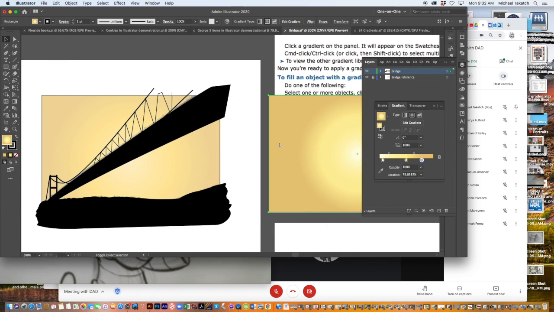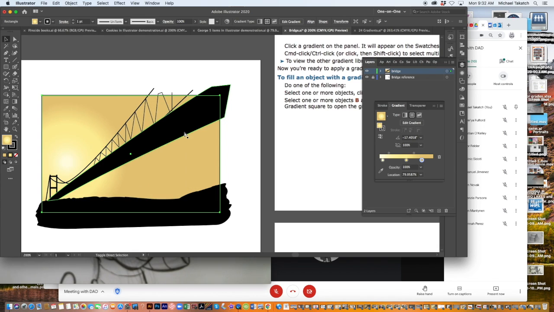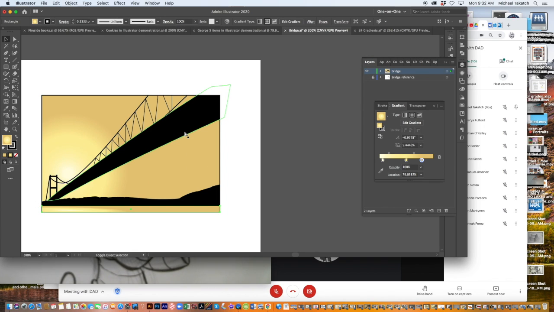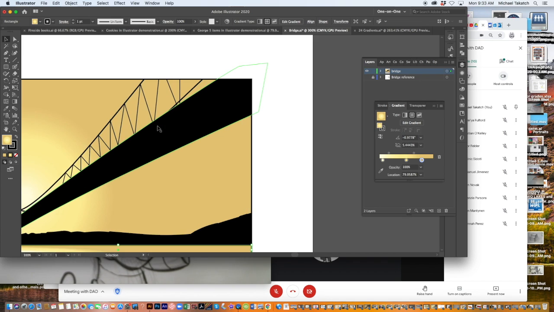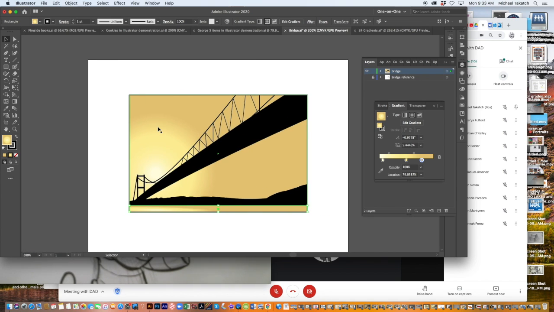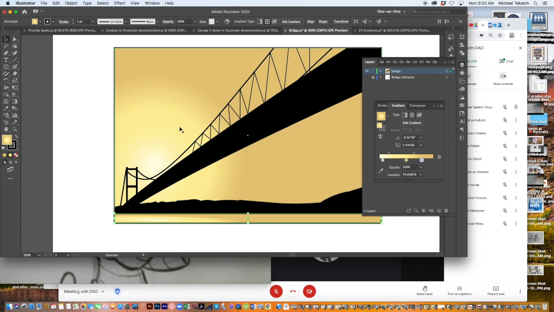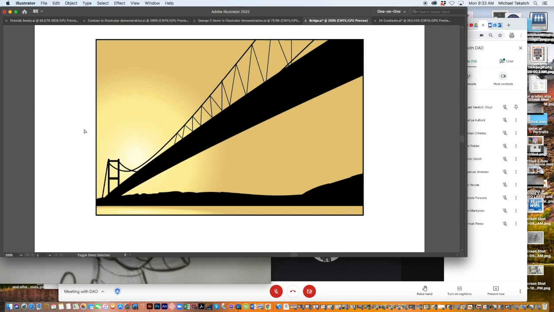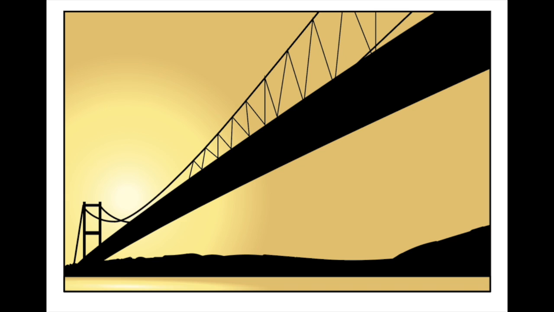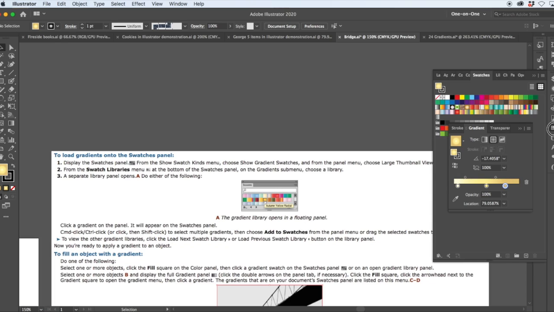scheme and changing it to a radial, placing it over the side, duplicating it, and letting it be an item that you can trap in all the colors and make it into a unified shape. So all the black lines that went over the border can be trapped in. Just make a screenshot of that. And that's the final piece, just a simple landscape, but just to show you in the gradient panels, the color